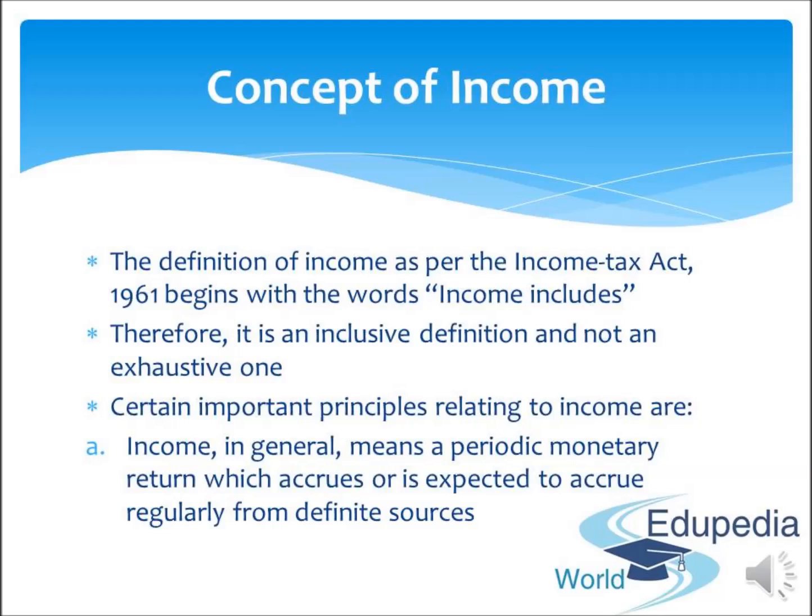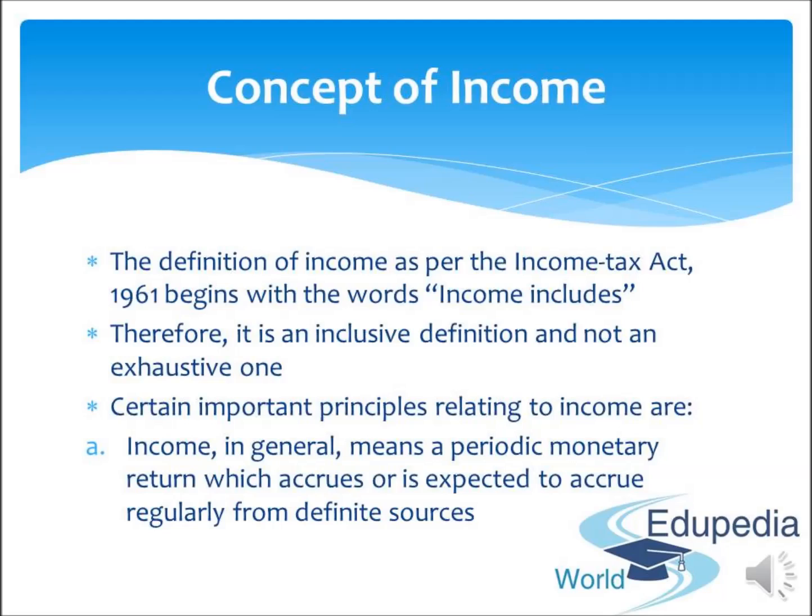Inclusive means the definition is given that all these things are included in income, and it says that apart from all these things given, there may be some other things which can be included in this definition. So we are saying that it is not an exhaustive one, meaning that it's not that only these things will form income. There may be some other income which can be called income. So this definition is an inclusive one, meaning some more things also can be included in it,